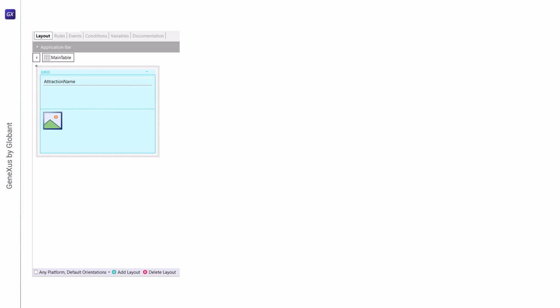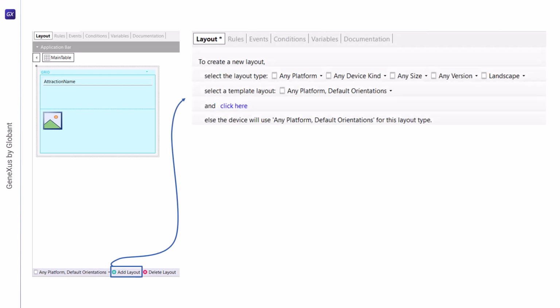To create more than one layout for the same panel object, there's a toolbar at the bottom of the layout consisting of a combo box and two buttons, one to add a layout and one to delete it. The combo box by default gives the option for the layout to be created to fit any platform and for the default orientation. However, pressing the Add Layout button opens a dialog box that allows selecting the following: